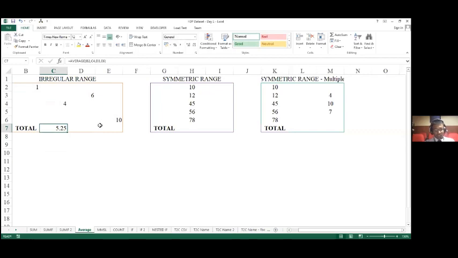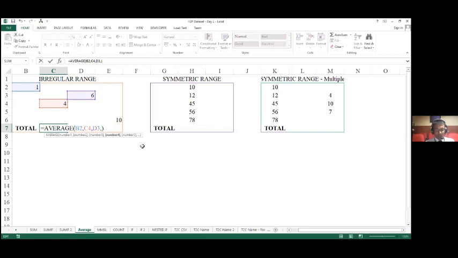If I want to change my formula at any point, I press F2 on the keyboard and then I get the option to edit my formula. Let's say I want to consider only three numbers. To help you identify the cells easily, Excel uses different color codes.